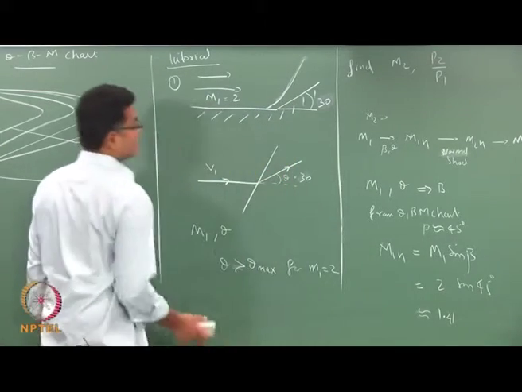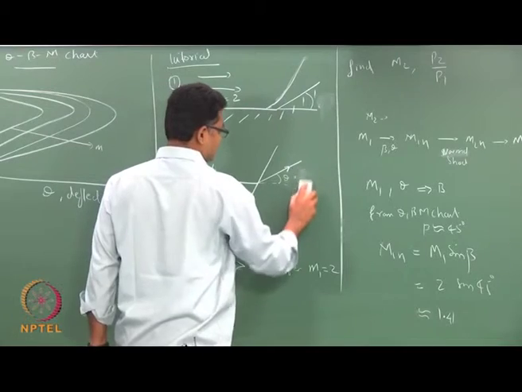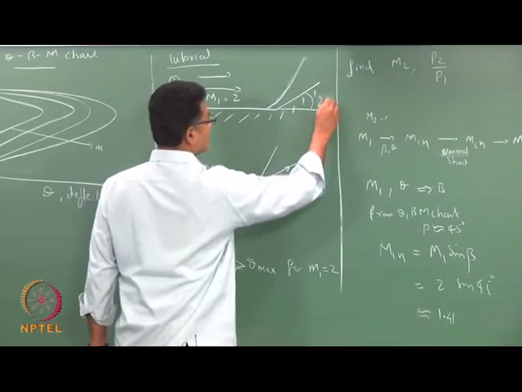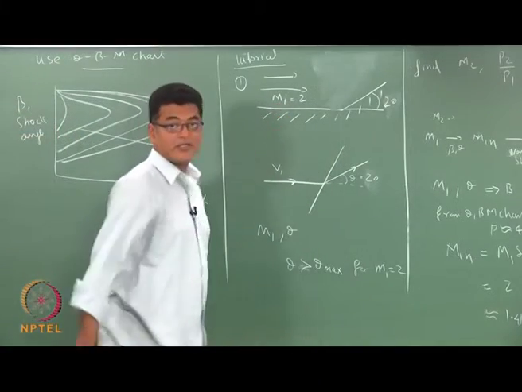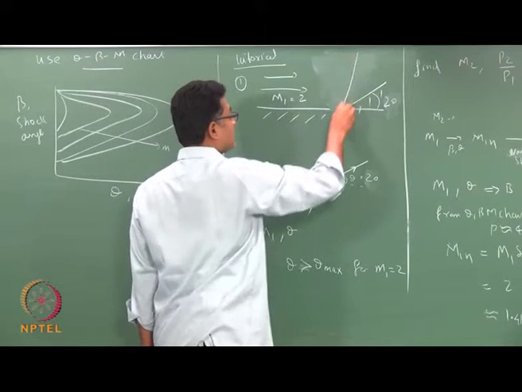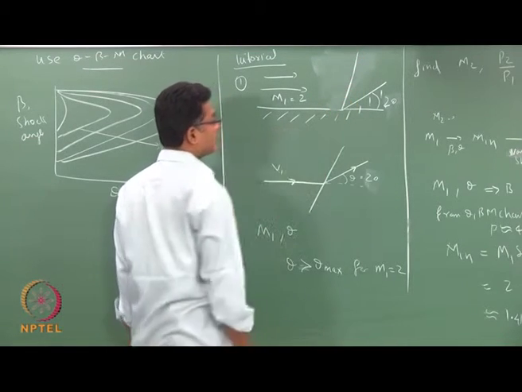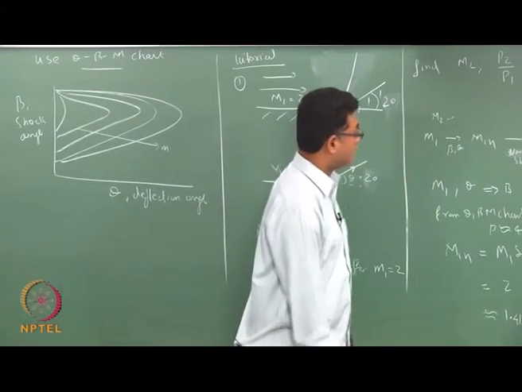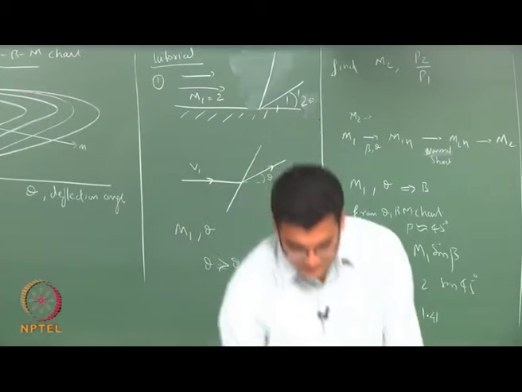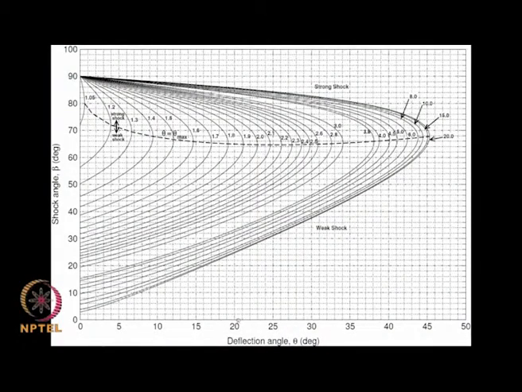So, now let us consider when theta is 20 degrees. Okay. Mach number is the same. So, there will be one oblique shock that is here. The procedure is the same, again we look for beta. So, I take Mach number 2 and I look for a line of deflection 20, Mach number 2, which intersects at some point